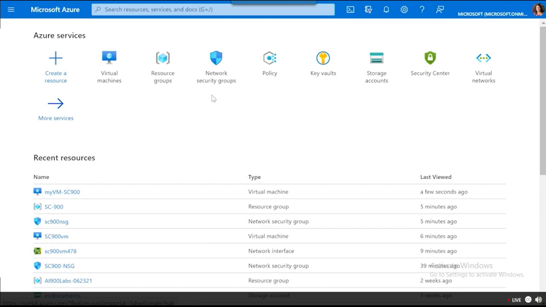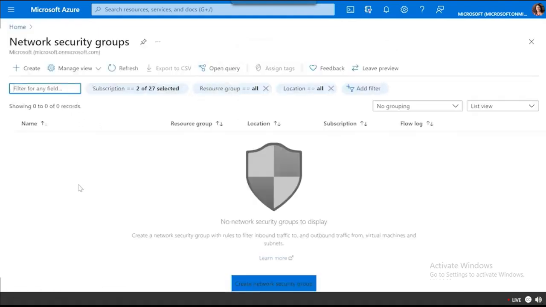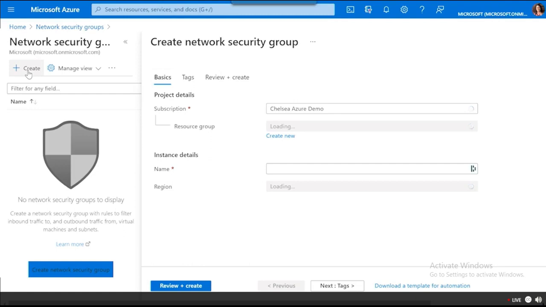So when we go in, I have it right here on my Azure services, but remember, since it's an Azure resource, there's a bunch of different ways you can create it. You can go through the portal menu, you can run a script in Cloud Shell, you can search for it. I have it here on my recent resources, so I'm just going to select network security groups, select create, and